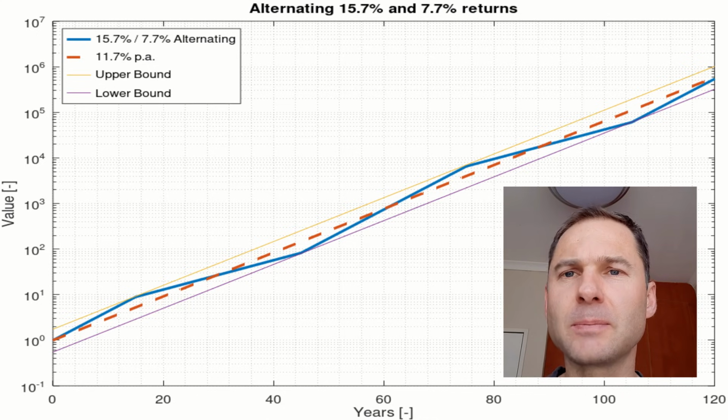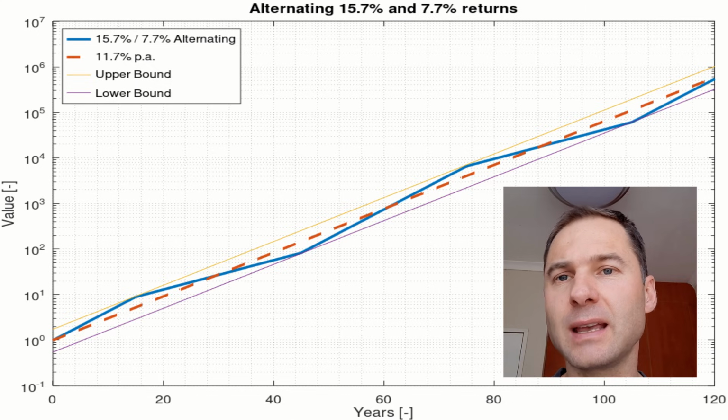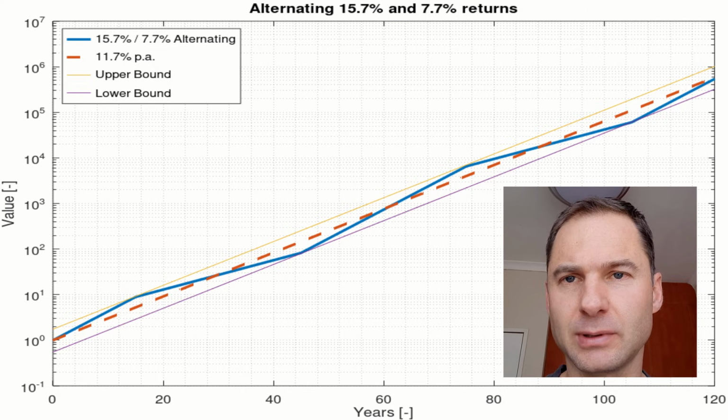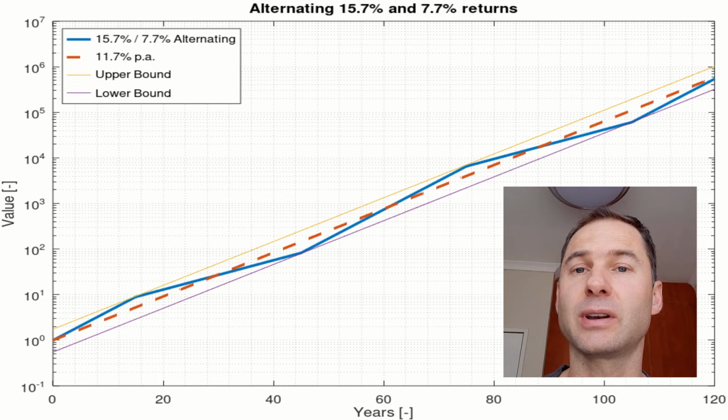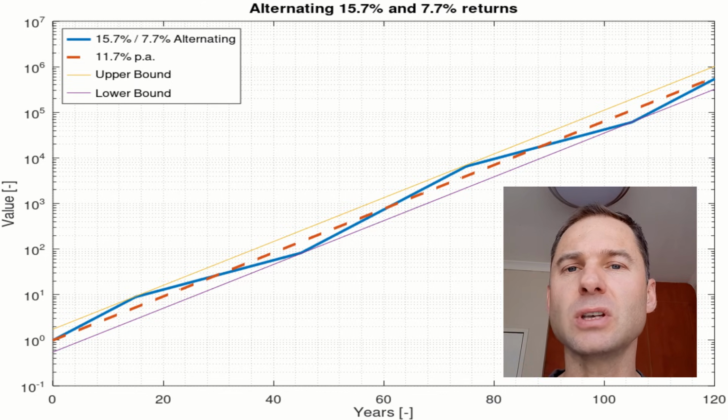No, this is not a drunk person minding his own business driving down a road. This is, however, what our stock market does over several year periods. We can nicely see it follows a straight line, or it at least tries to. We can also see that it obeys some rules by staying on a straight channel that has an upper and a lower bound. And that is exactly why logarithmic plots, or more specifically here semi-log plots, are so invaluable to